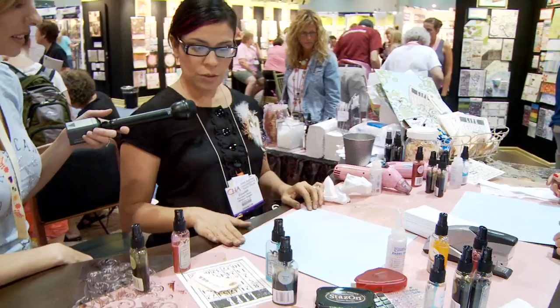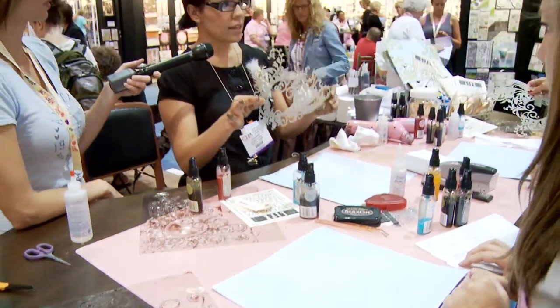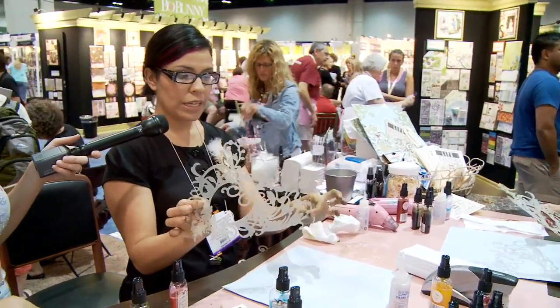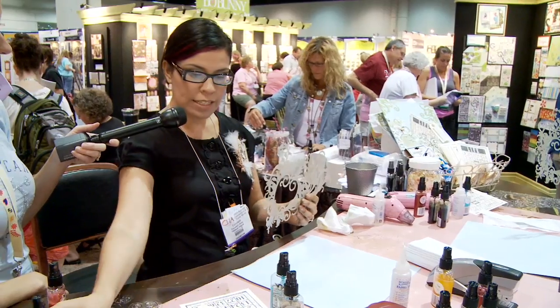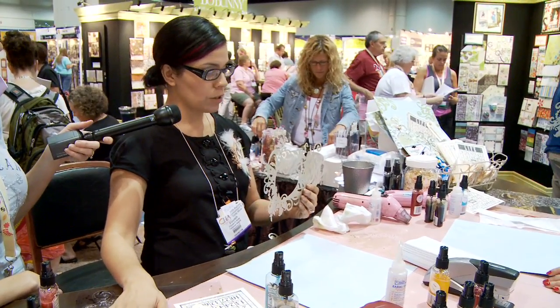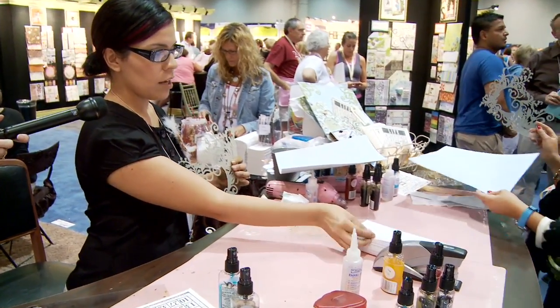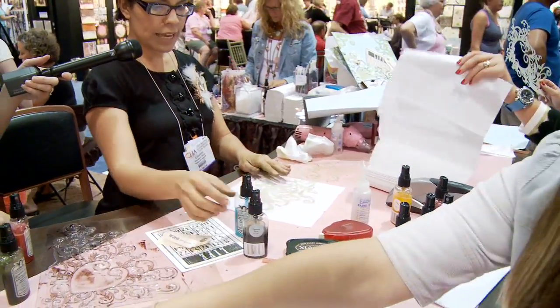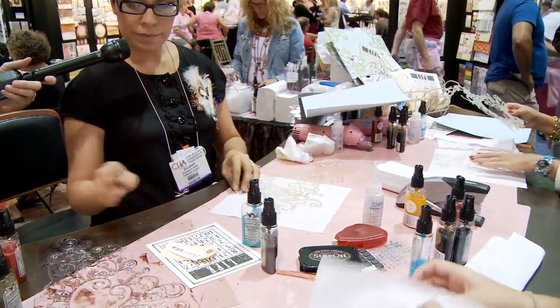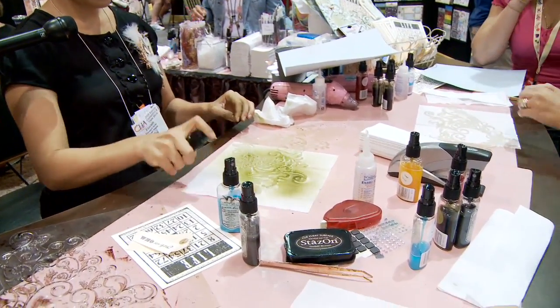The next step that we're going to do is go ahead and take our screen. This is our Garden Lattice grand scale screens. They are 11 by 9, and they actually come with coordinating stamps as well. What we're going to do is move our page off to the side, put down a paper towel, and we're going to take our Olive Vine Glimmer Mist and just put a medium coating onto the corner of our